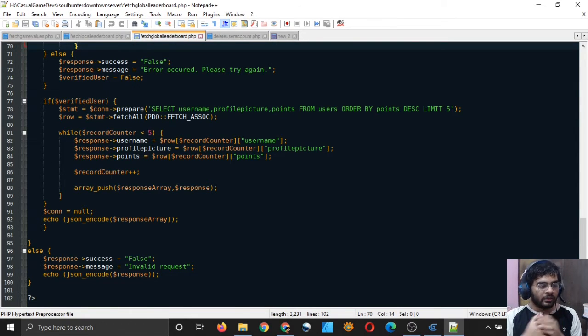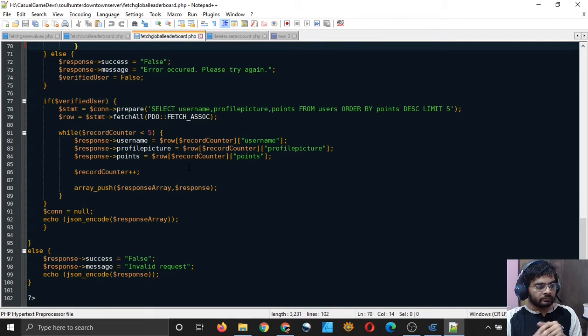We will be receiving a JSON array because in this case we will not receive one object, we will receive many JSON objects, and all those objects will be contained within an array. I mean we will receive an array of JSON objects. So effectively we will receive a JSON array.